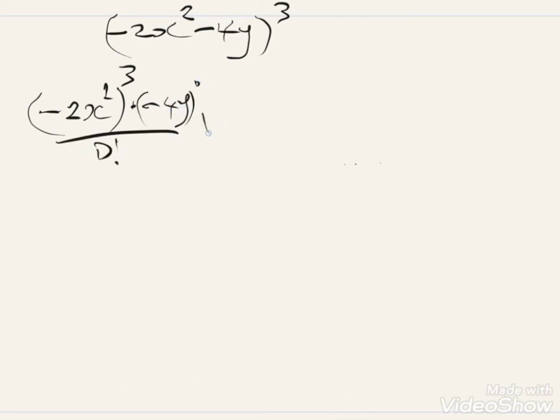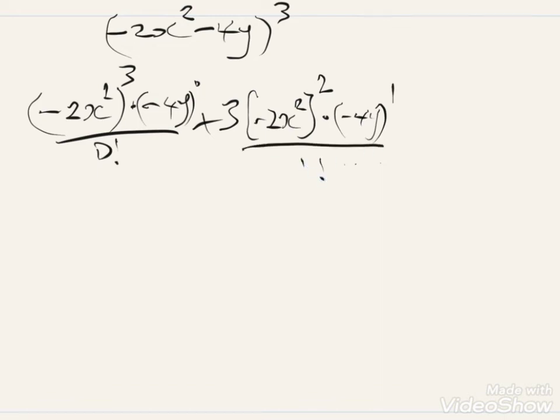Plus, okay, 3 times we have 3 brackets, (-2x²) raised to power, when you subtract 1 from 3, you have 2, multiplied by (-4y) raised to power what? When you add 1 to 0, you have what? 1, divided by what? 1 factorial. Again,